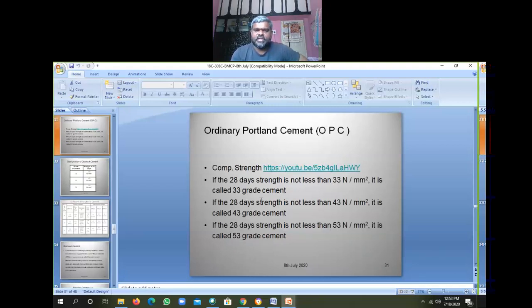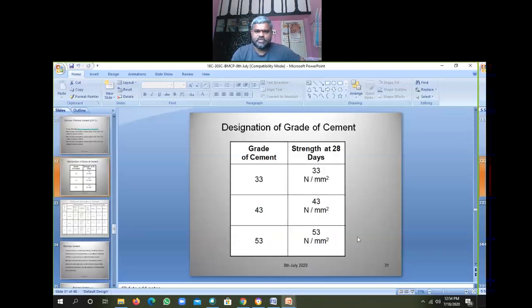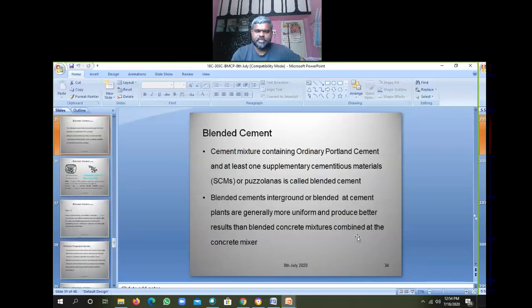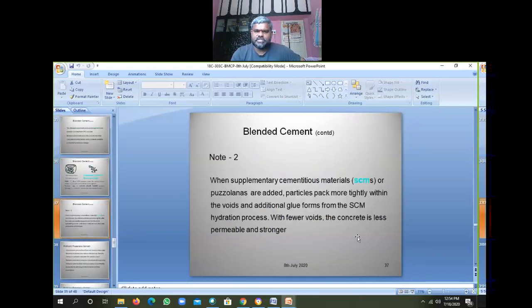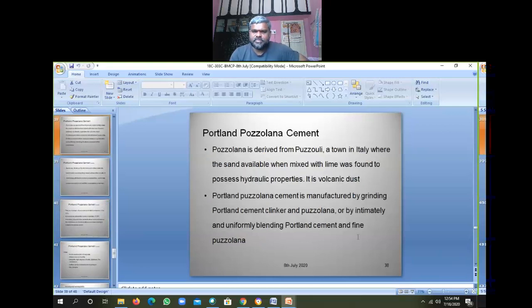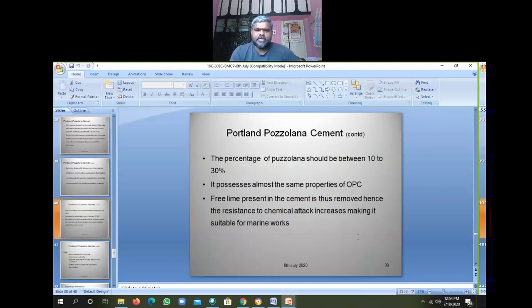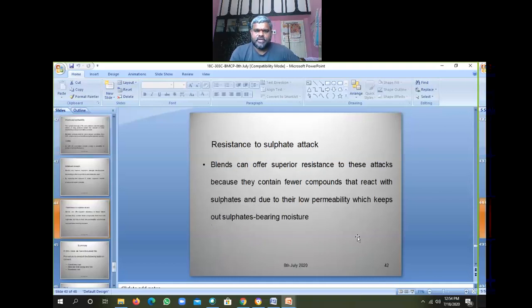We are taking the cement and standard sand in 1:3 ratio, and adding water as per the IS code, then we are testing the compressive strength of cement and blended cements, different cements. Portland Pozzolana Cement, PPC, means adding mineral admixtures like fly ash to the cement and making the cement stronger. So we have seen all this, and next